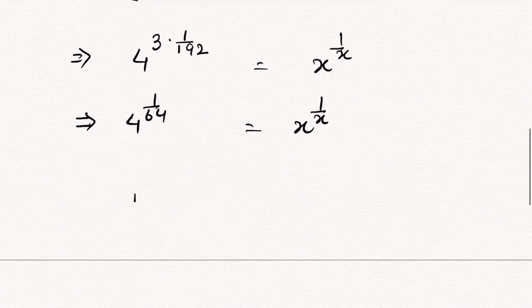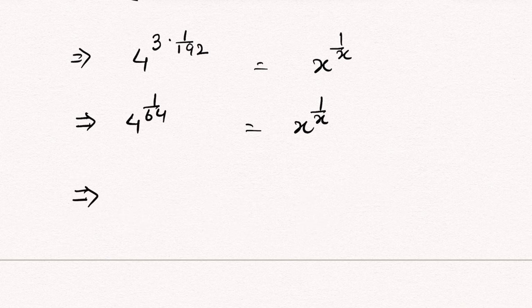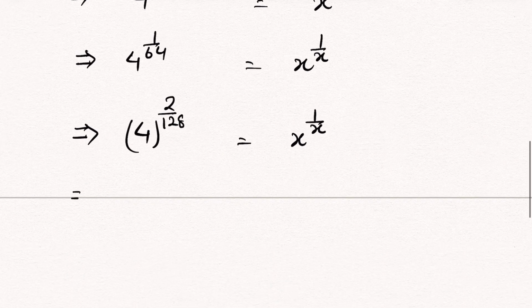Now this exponent 1 upon 64, for an equivalent fraction, we can multiply both the numerator and the denominator by 2. We get an equivalent fraction: 1 upon 64 is equal to 2 upon 128. So here we can write 4 raised to the power of 1 upon 64 as 4 raised to the power of 2 upon 128 is equal to x raised to the power of 1 upon x, or this we can also write as 4 raised to the power of 2 times 1 upon 128,